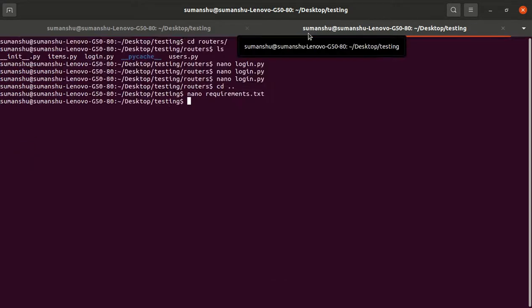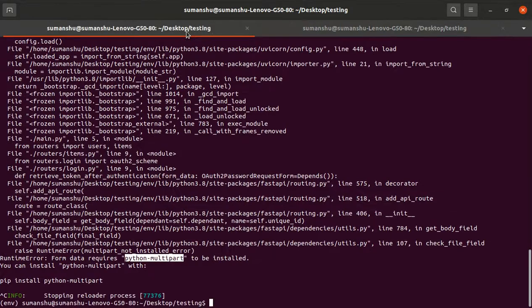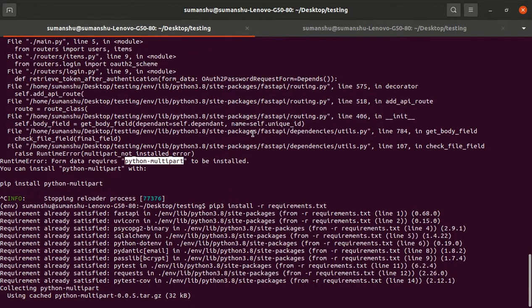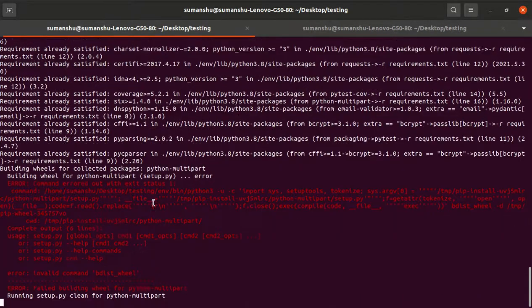Okay, so let's install that: pip3 install -r requirement.txt. It will try to install that.